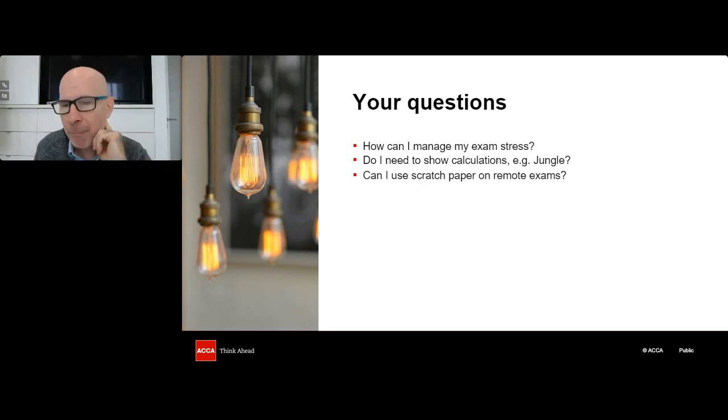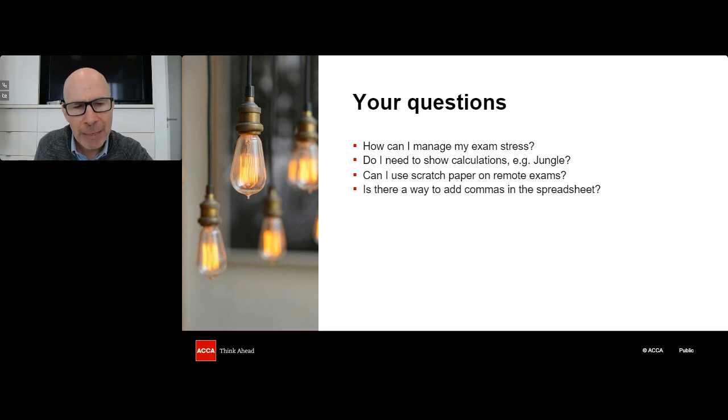No scratch paper on the remote exams. If you are doing remote exams, very important. You must practice in that environment. Don't use your paper book for practicing. Use the study hub. You're studying off of the screen. Try to simulate, right? Study hub on the left, Word notepad on the right for your workings, okay? But guys, of course, at the beginning of revision, yeah, you might need some scratch paper, right, to organize your thoughts. In the last couple of weeks, use that approach, but no scratch paper at remote exams.